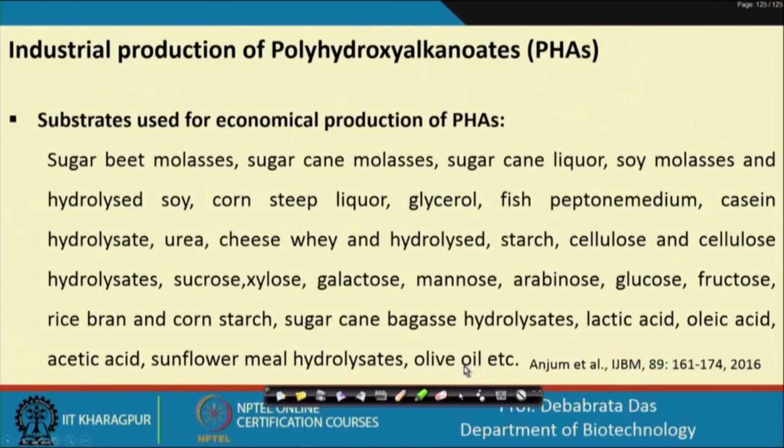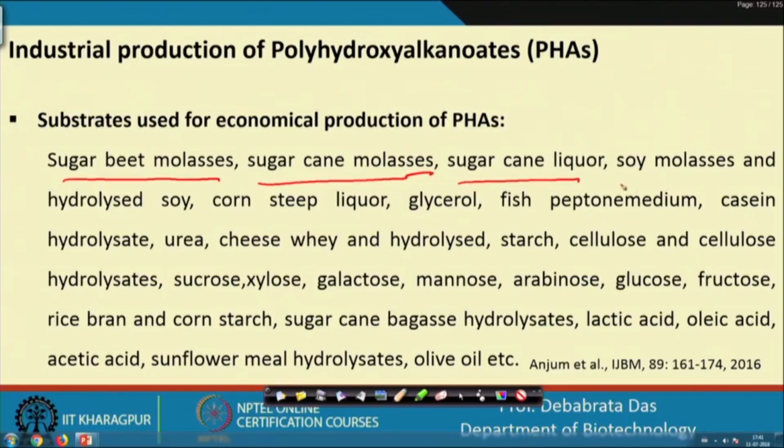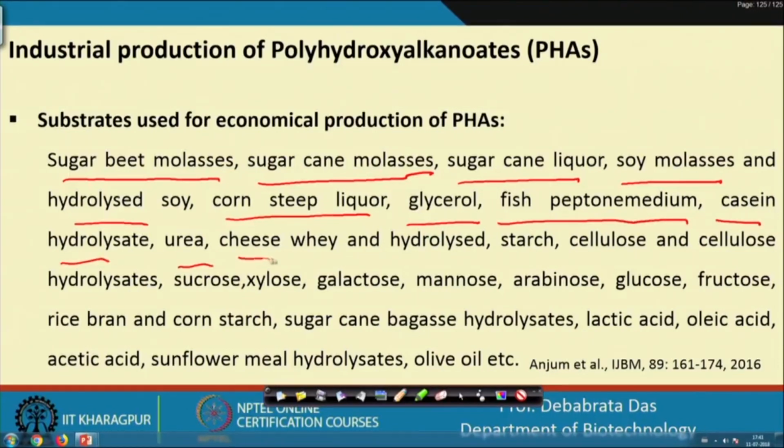Now the question comes: what are the substrates used for this PHAs production? We can use different types of substrate for PHAs production: sugar beet molasses, sugar cane molasses, sugar cane liquor, soy molasses, hydrolyzed soy, corn steep liquor, glycerol, fish protein media, casein hydrolysate, urea, cheese whey, hydrolyzed starch,